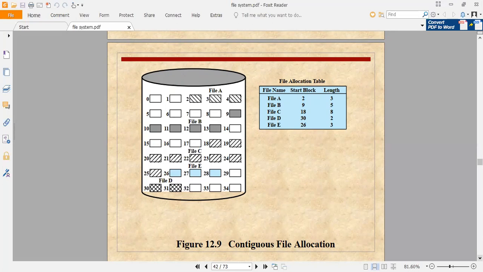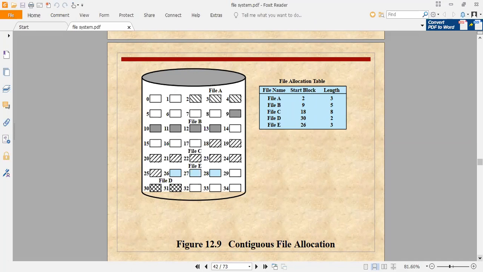You can check in this particular diagram, we have file A, which has been allocated locations 2, 3 and 4. So the total length of file A starts from block 2 and goes to length 3, so it is occupying 3 allocation units.